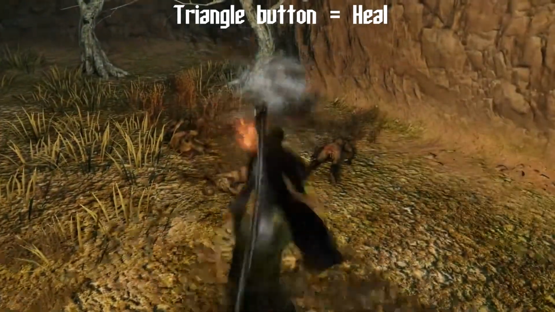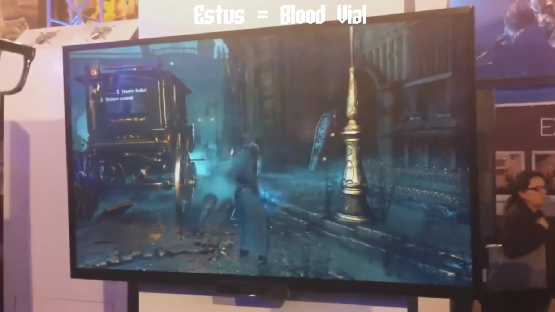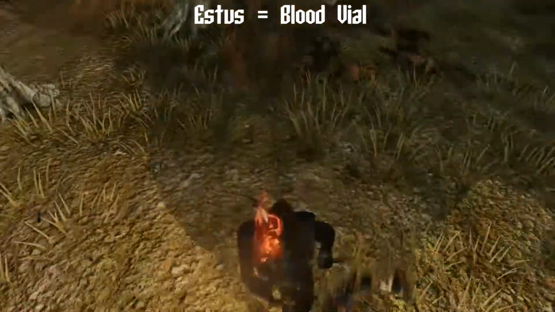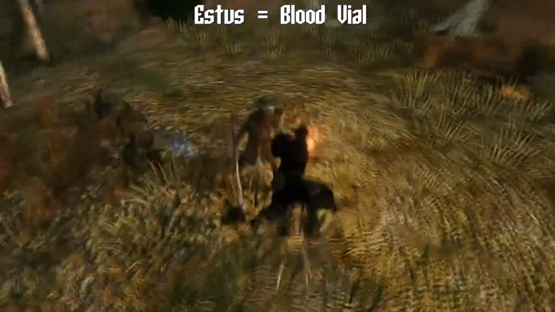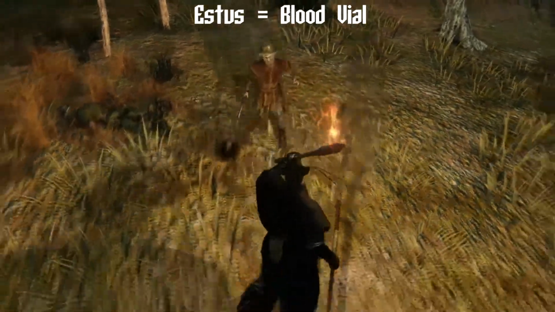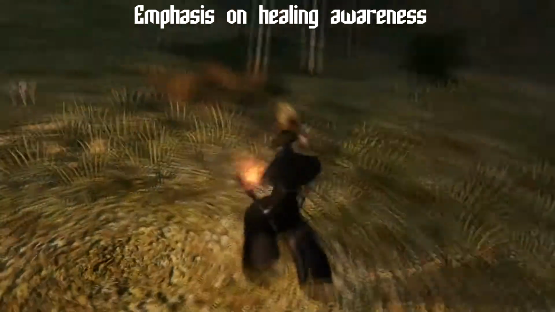The brand new Estus is something called a blood vial, and assumedly it works almost identically to the way Estus did, except now we have a dedicated button for this heal, and the charges are now visible in the top left. So what does this mean? Well, it can be assumed that they want you to be aware of this healing potential at all times. This implies that we'll be taking more damage, and that there might also be more emphasis on knowing how much